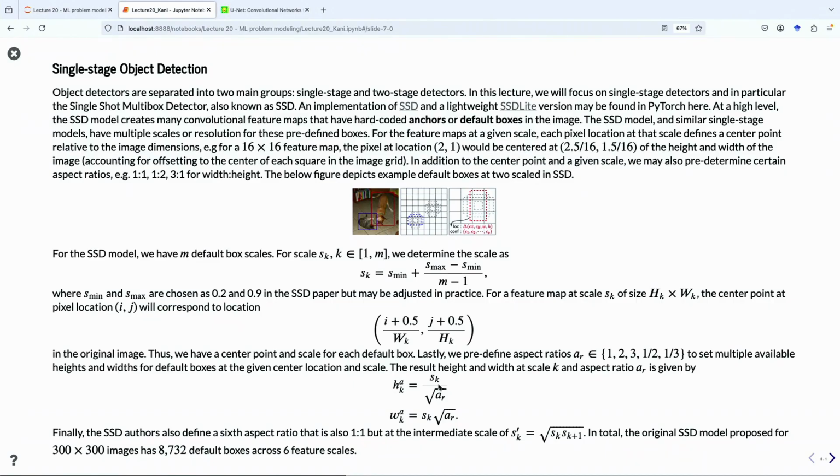And s_k is simply the scale feature of the image. So for instance, we could scale a 200 by 200 image, or 300 by 300 image, down to an 8 by 8 image. Each of these little squares, again, we call them anchors because they could each define a separate bounding box. And we just really need 3 values. For each of these little anchors, we try to optimize the model so it spits out 3 values: the pixel location, the center point at each pixel location, and the aspect ratio.